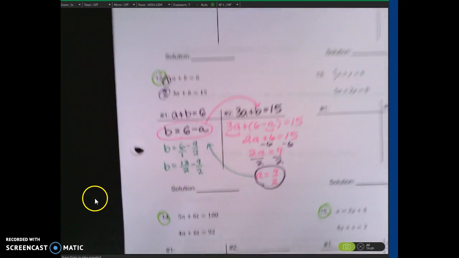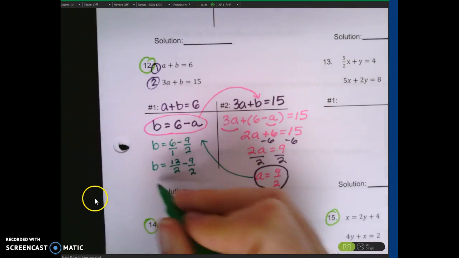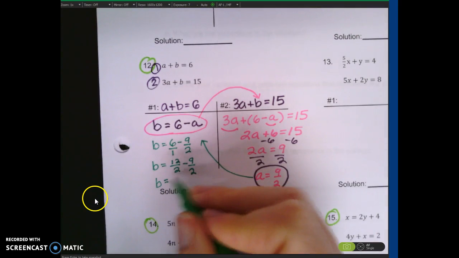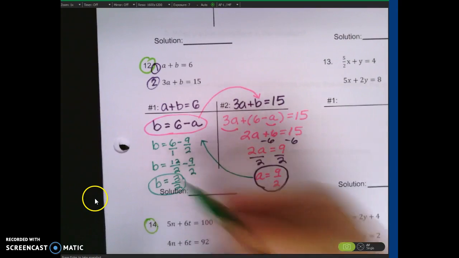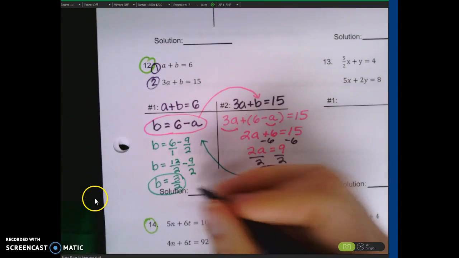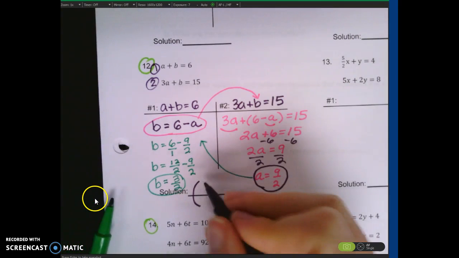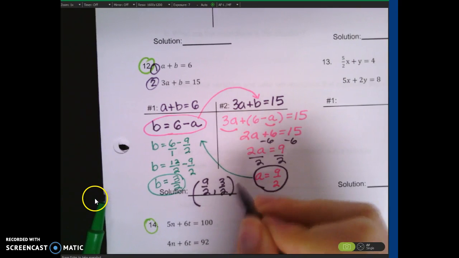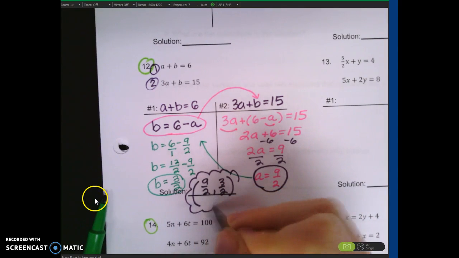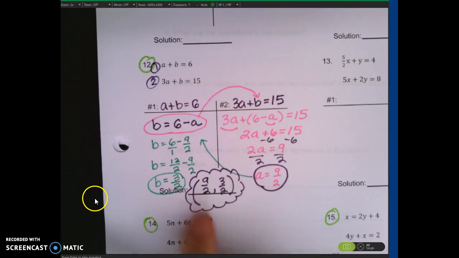What is 12 minus 9? 12 minus 9 is 3, so B is equal to 3/2. Give it a circle, then write your answer as an ordered pair, A, B. Write your answer as an ordered pair and give it some flair. Awesome. So our answer to this system, or the point of intersection, is 9/2,